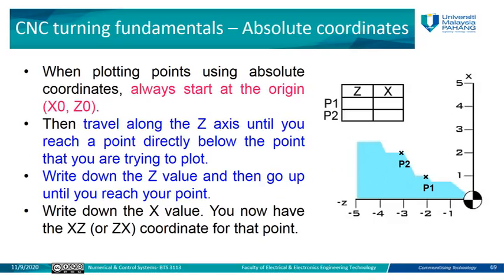Here we are going to see how we can define the absolute coordinates, and later we will see the incremental coordinates. In order to define the absolute coordinates for the CNC turning machines, we see here this is the workpiece. We usually use the top half of the shape, because it is identical around the